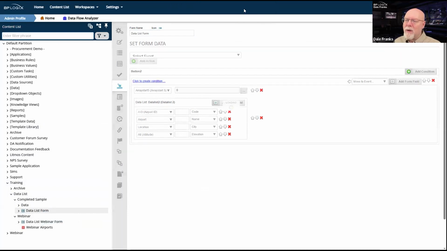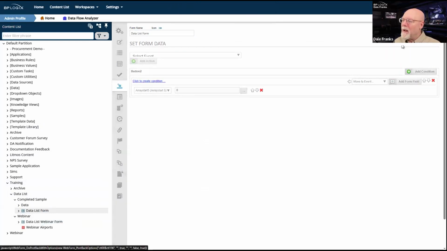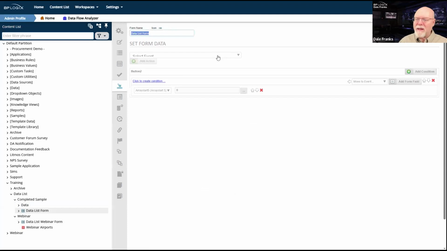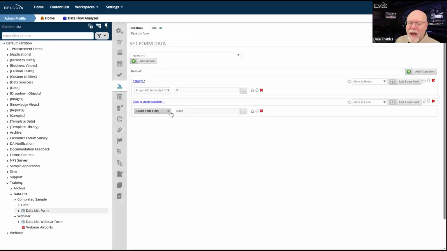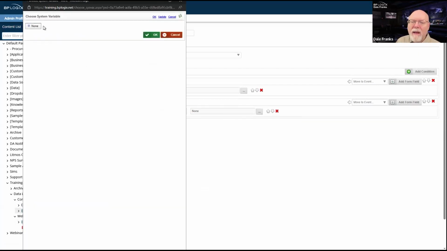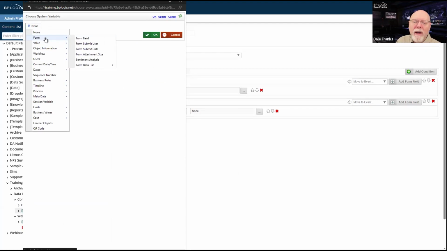So I'm just going to go ahead and delete it, and I'm going to update, and reset this binding. So I have my button, and we're going to add an action, and we're going to add AID, and hopefully whatever went wrong, this will fix it.